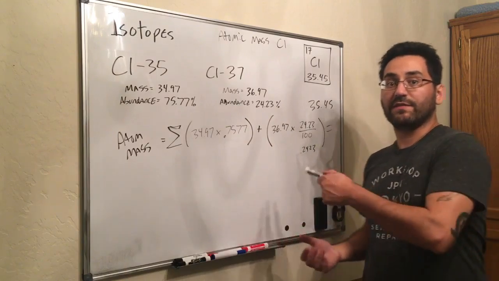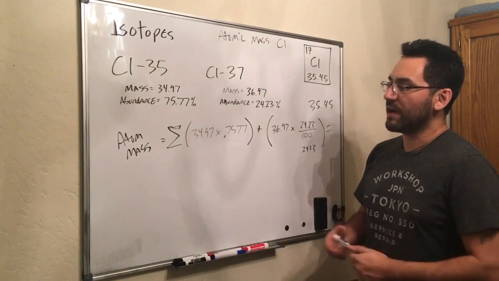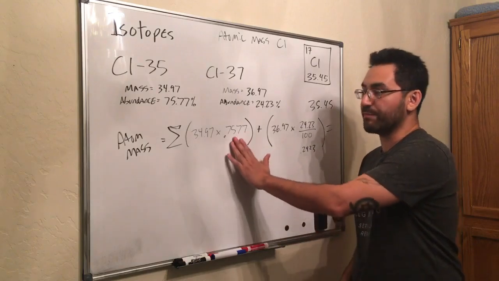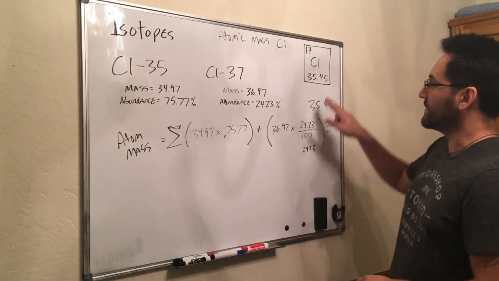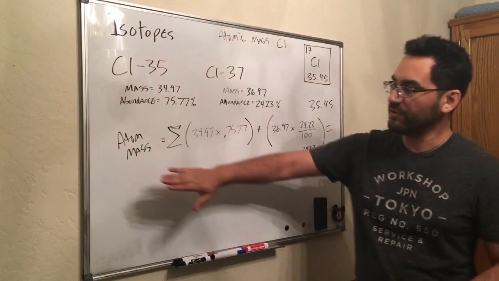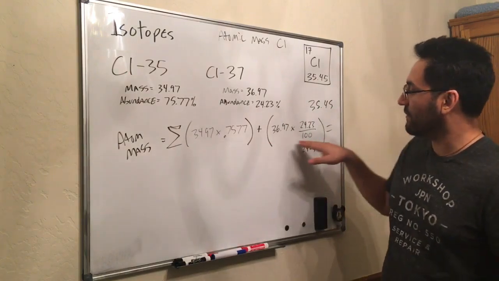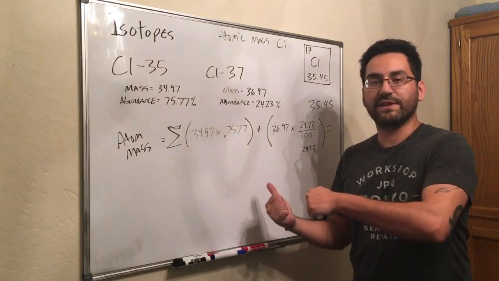Now there's another way that this question could be asked. You might be asked to find what the percent is, the natural abundance of an isotope. Since we know this number, we can use that as the atomic mass and actually solve for a variable in here. So the next video will show